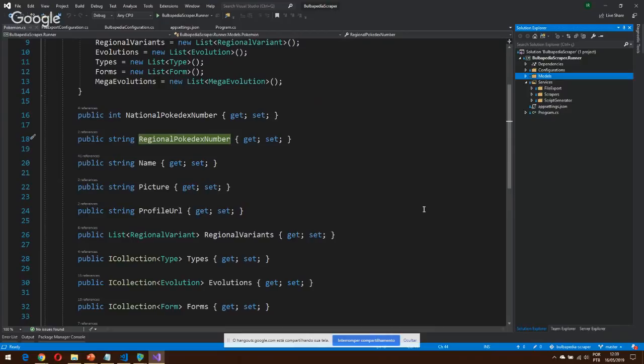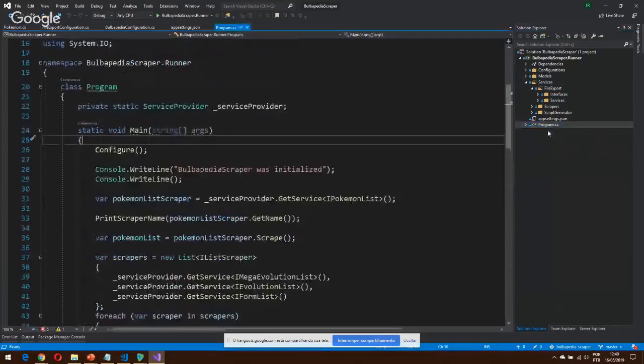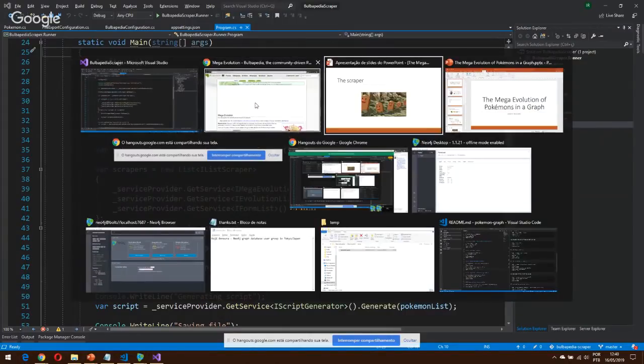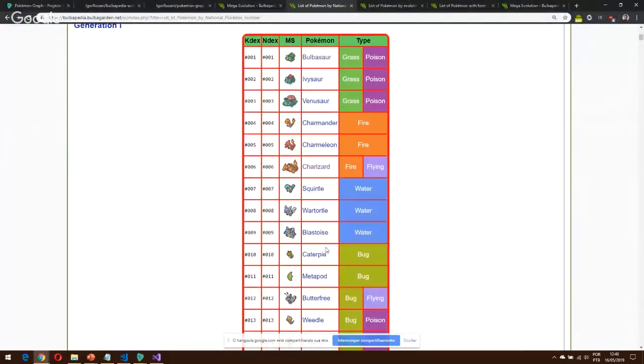And here in the service, I separate into three little contexts. I will follow just in order here from the application. To be able to run the project and scrape this data, first I need to grab the Pokemon that exist in the Pokemon world. So I came to this page,